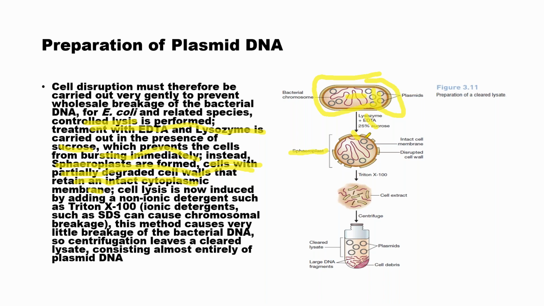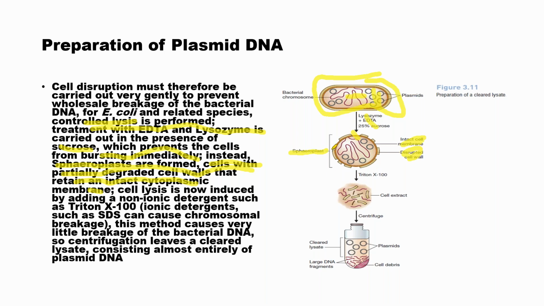See, the cell wall is broken, but the chromosomal DNA is still attached to the broken cell wall. Also, the plasma membrane will remain intact. This cell is called a spheroplast. That is, in a spheroplast, the plasma membrane will be intact, whereas the cell wall will be disrupted. So, spheroplasts are cells with a partially degraded cell wall and an intact plasma membrane.